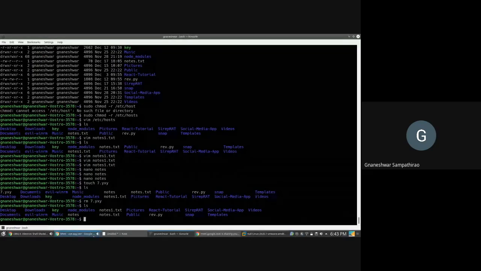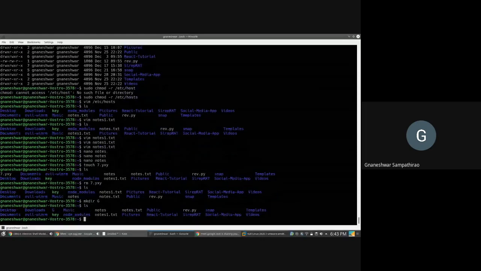Similarly, let me tell you this one. To create a file, you are using this touch, or to create and edit this file, you are using some text editors. To create a directory, there is another command called mkdir. You use this particular command to create a directory. So you mention it and you mention the folder name. Be cautious that you are not mentioning the same folder name which is already present here. Suppose you created some folder, and you can see it here.